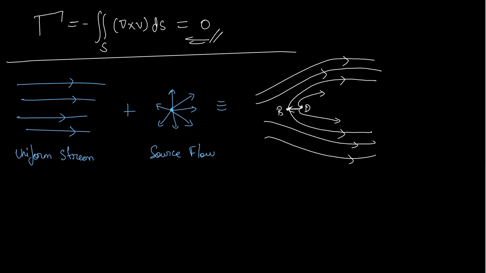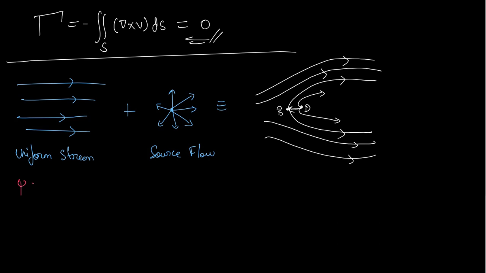Alright, so we have said that the major purpose of finding streamlines and velocity potentials for these elementary flows is that we can just add them to make complex flows like this. This is not a straightforward flow for which we can calculate the velocities, velocity potentials or stream functions, but we know how this flow is formed. So we know that the stream function for a uniform flow is ψ.